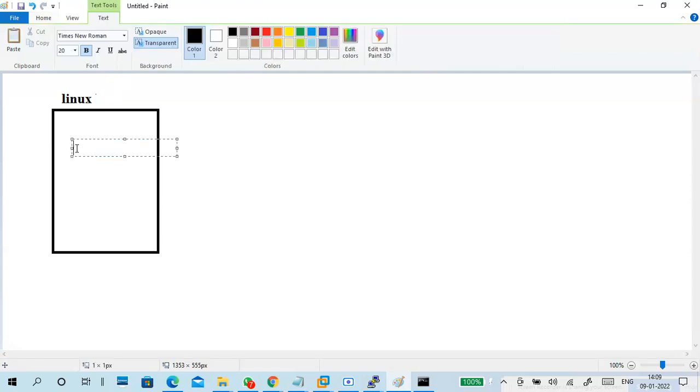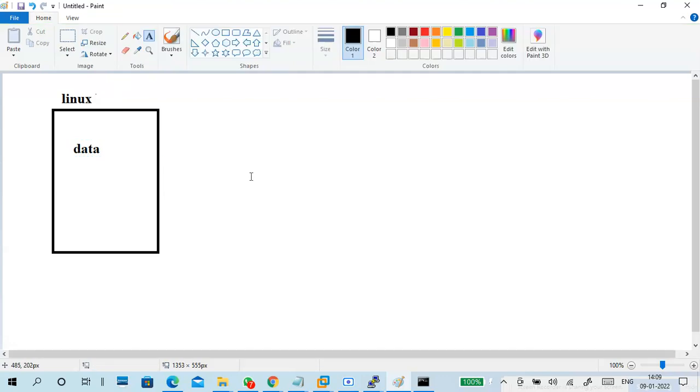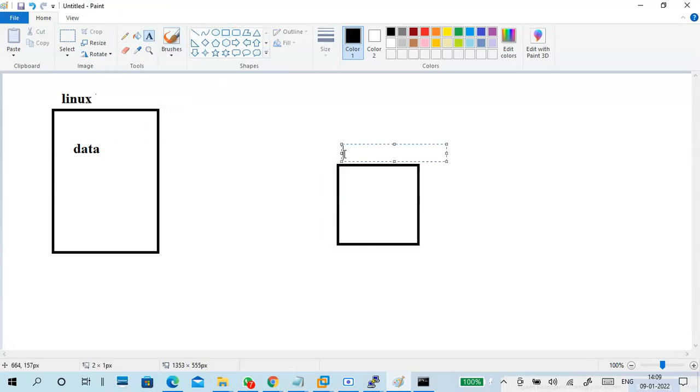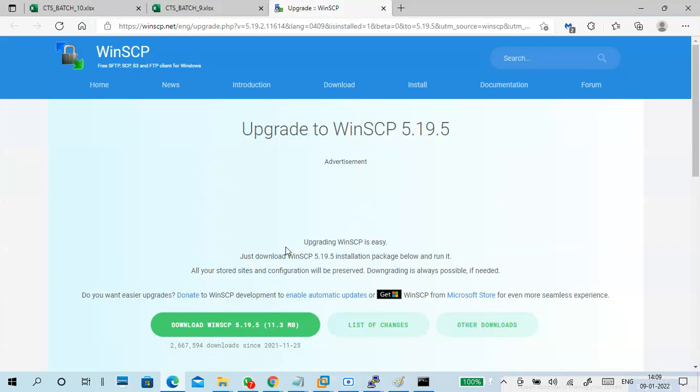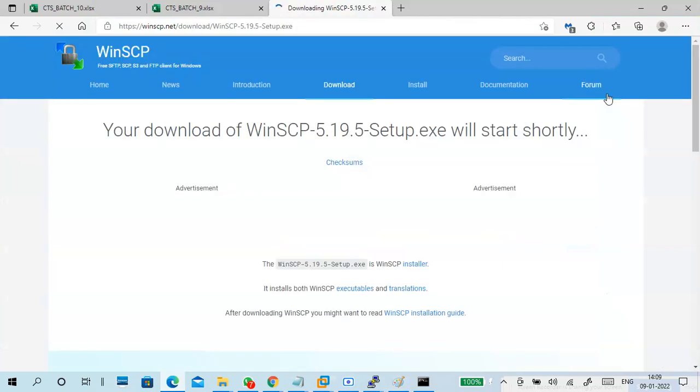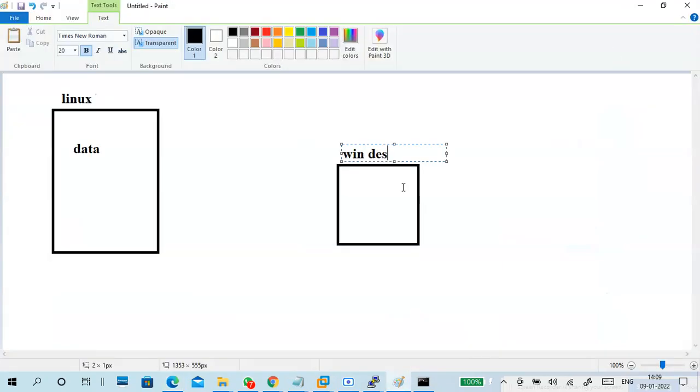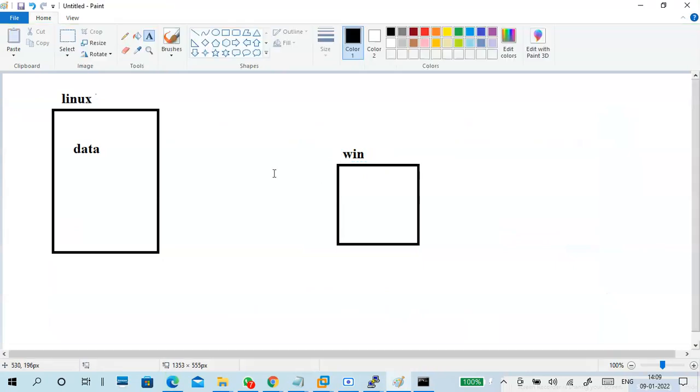Next, my PC is a Windows PC, a normal Windows desktop PC. Guys, understand? This is a Windows PC.